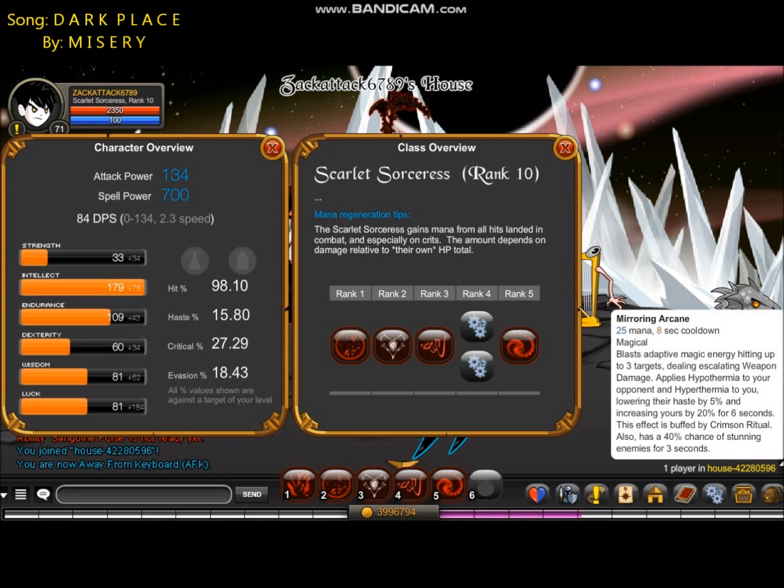Not second rank, your first rank, sorry. Your second rank is going to cost 25 mana, and it's an 8-second cooldown, and is magical, and it blasts adaptive magic energy hitting up to 3 targets, dealing escalating weapon damage. Applies hypothermia to your opponent, and hyperthermia to you,